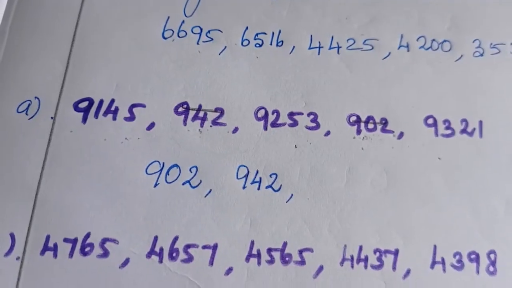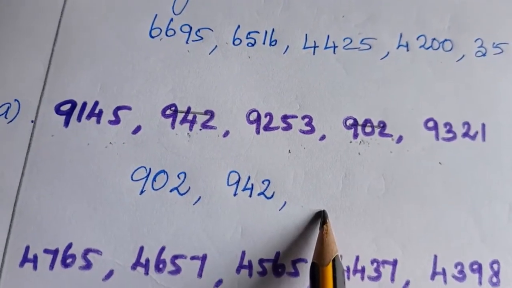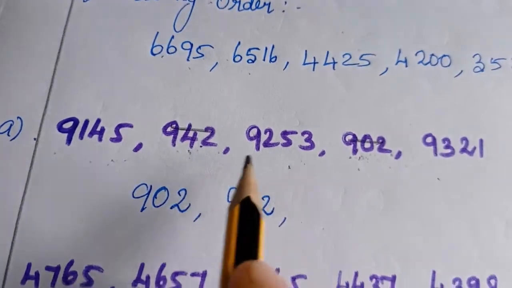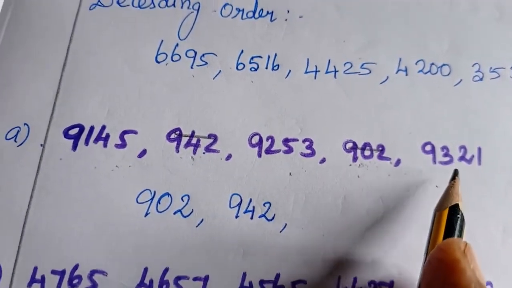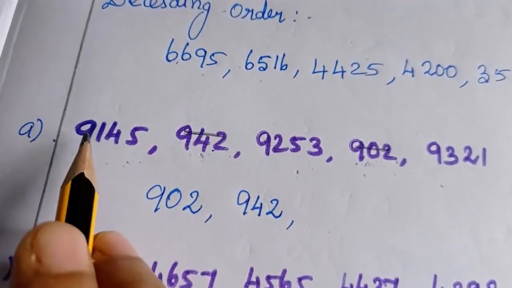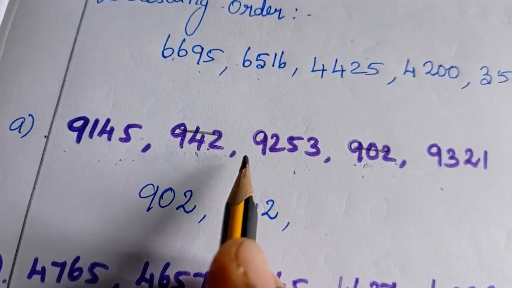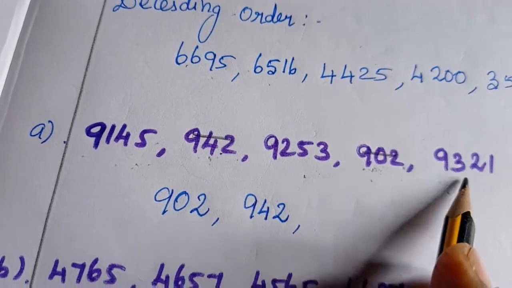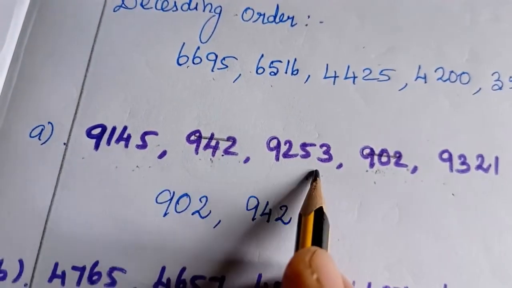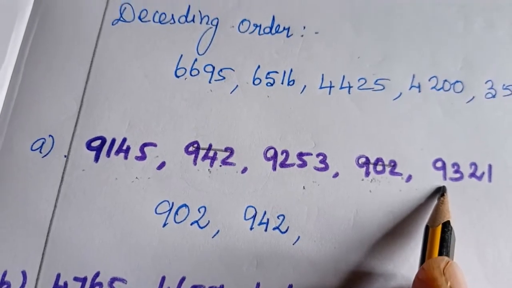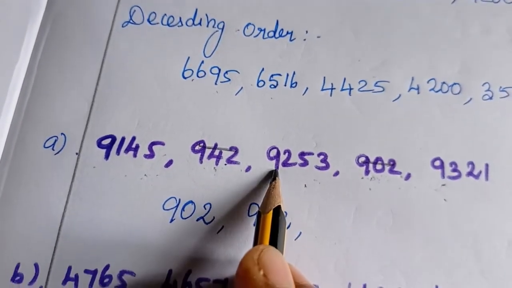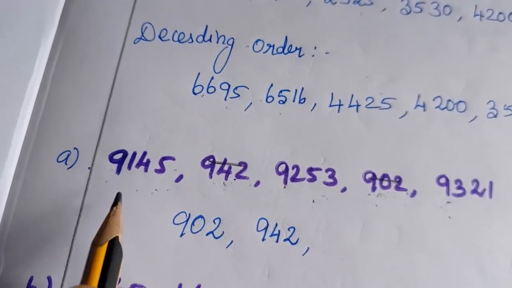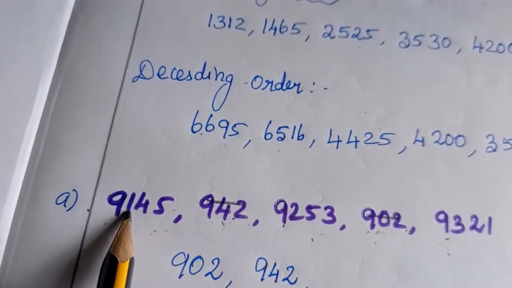Okay. So next, what do you want to do? You want to find the next number, isn't it? So if you want to find the next number, check the questions. Okay. So in this question all the three numbers have the same digit value. Okay. So what do you want to do next? Check their highest place values. Here all the three numbers, the highest place value is 9. This number, the highest place value is 9 and this number, the highest place value is 9. This number also, the highest place value is 9. So what do you want to do next? Check their 100 place values.